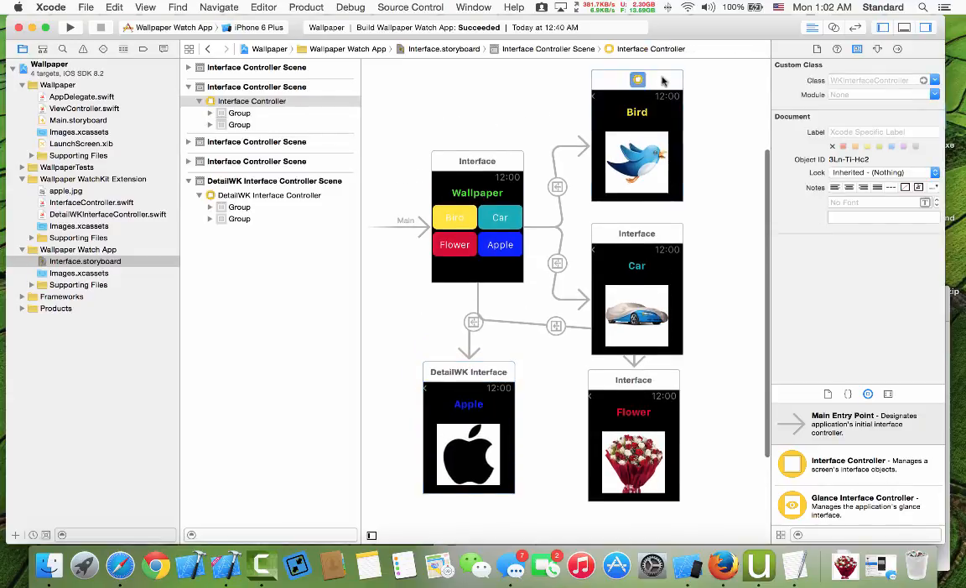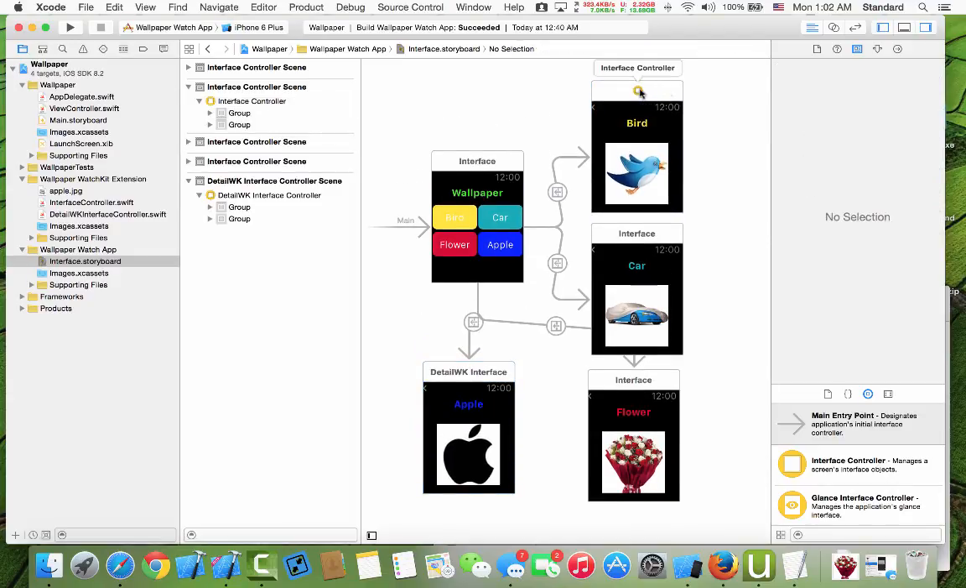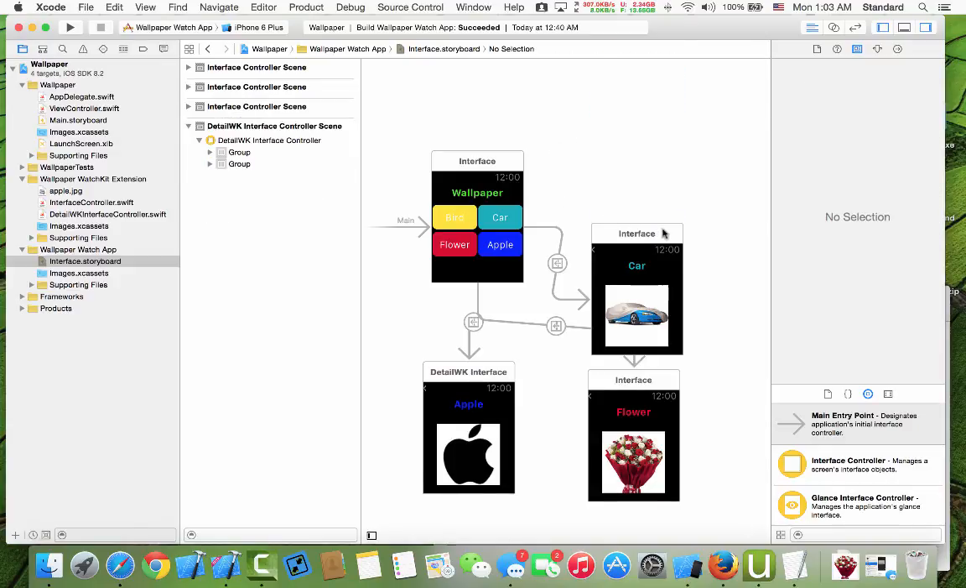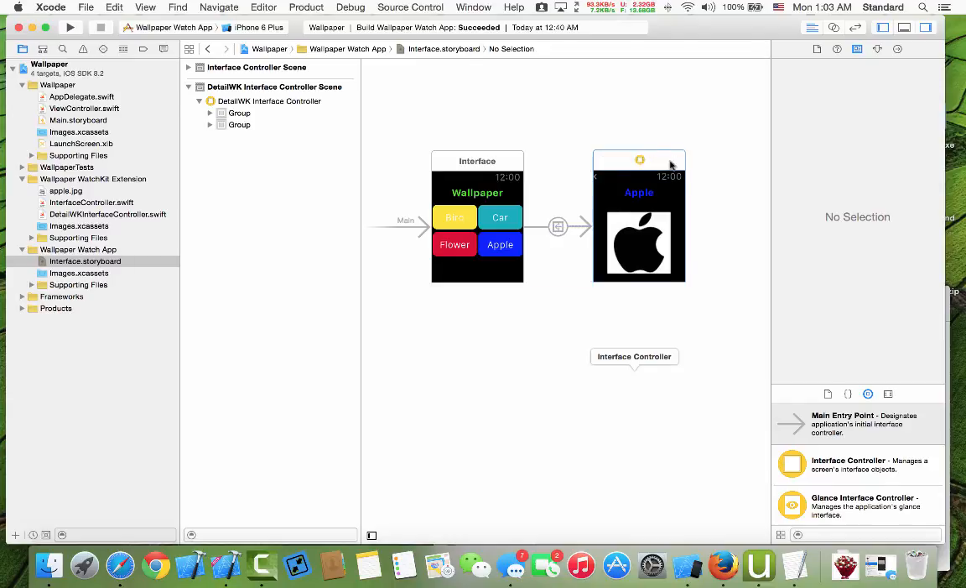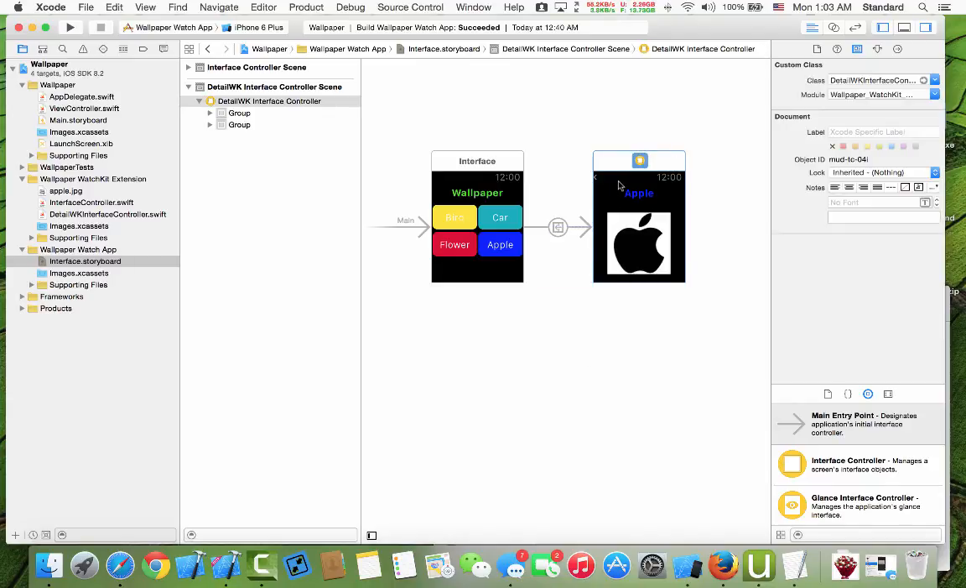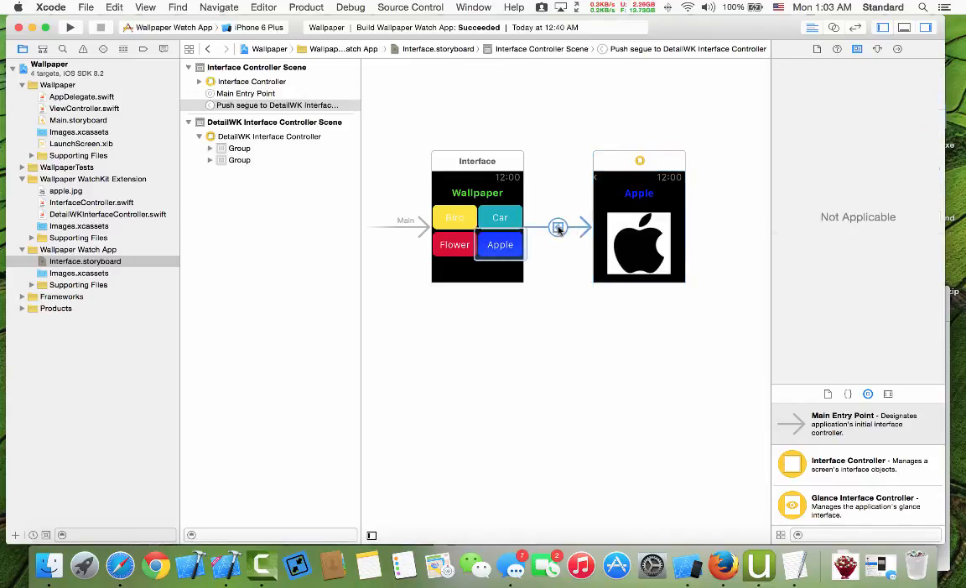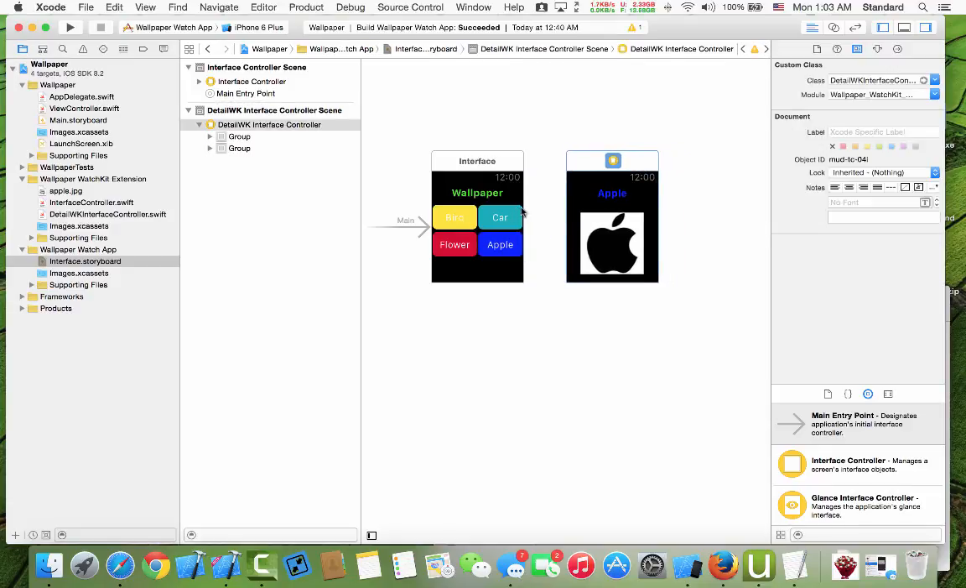First of all, we have to delete all of these interface controllers, and keep this one, because we can control our interface by code. So we have 2 interface controllers, and we use code to notify which button the user has tapped, and after that we can control the interface to show the image which we want. Okay,